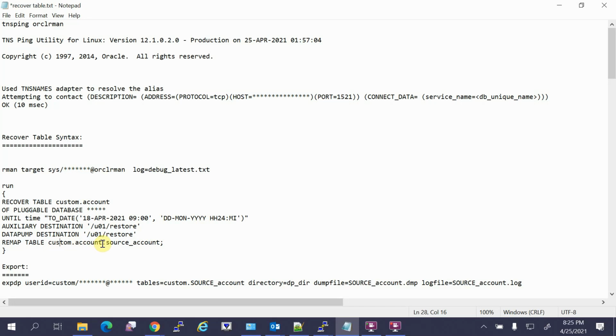It is missing some columns. What I want to do, I want to restore this, but I don't want to import it directly. I want to import it in the same schema, custom, as a different table, source underscore account. I will review this. If everything is fine, I will do the export of this table manually.